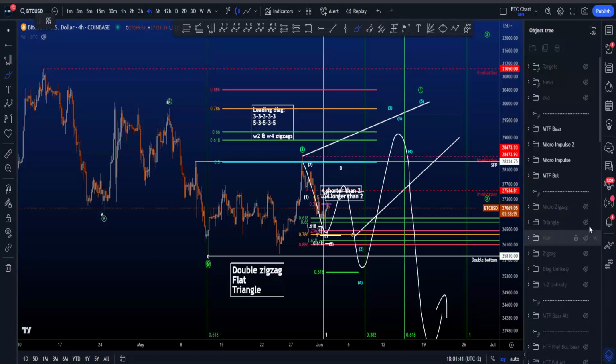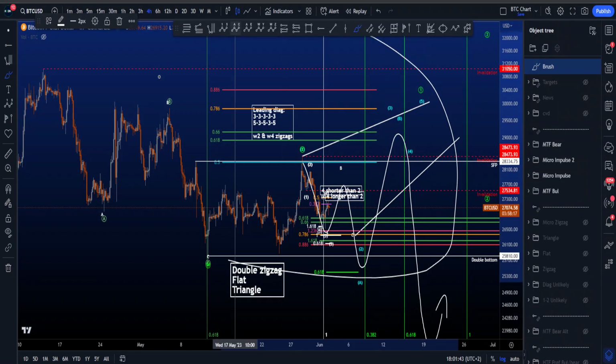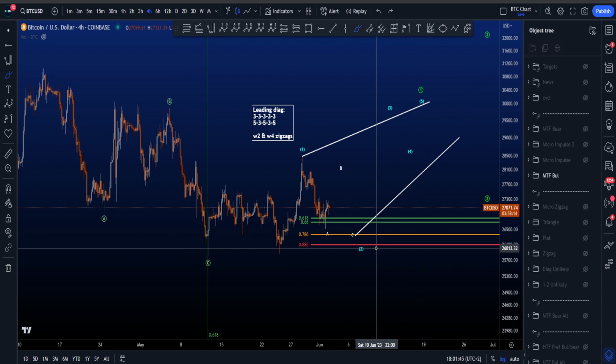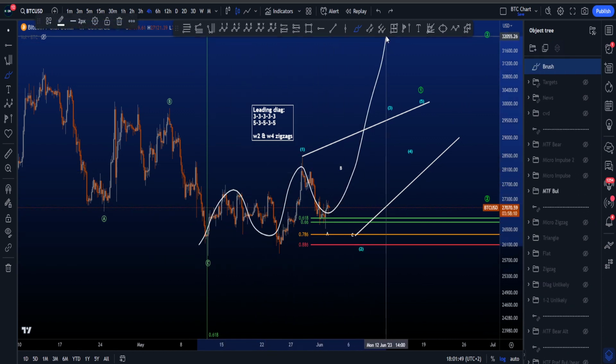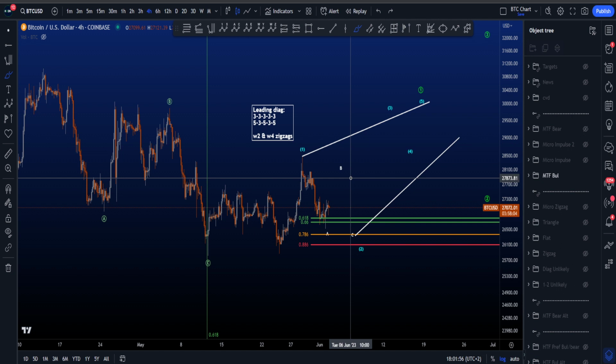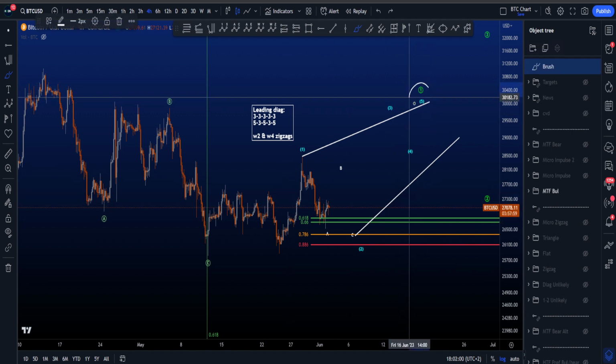Hi everyone, let's go over my medium time frame and micro Elliott Wave scenarios on Bitcoin. Starting with the medium time frame new bullish scenario, where previously we were looking for a 1-2-1-2 for then a bigger 3 to the upside, but because of many reasons I explained in previous videos, it felt like a very alternative scenario, and therefore I now put this leading diagonal scenario on my chart, where we are looking for a